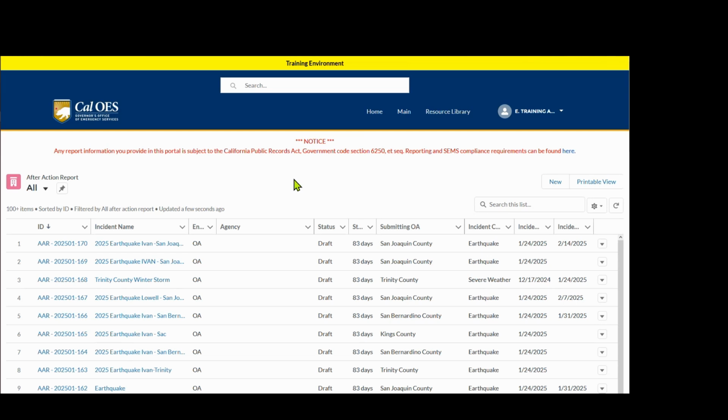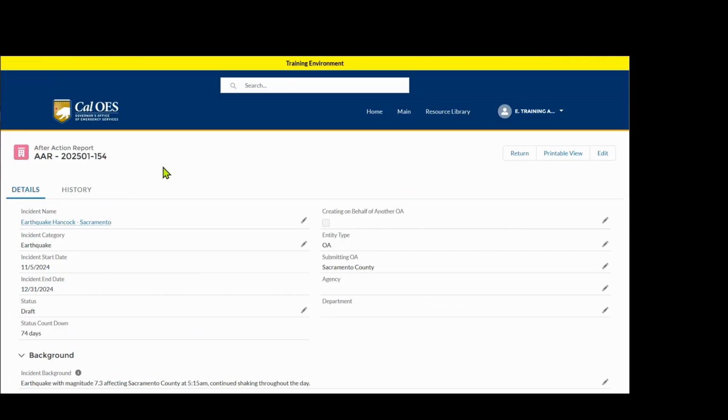Let's take a look at one as an example. A quick review, wayfinding is on the left so you can tell where you are. Here we're in After Action Reports and we're looking specifically at this After Action Report. On the right is the action buttons. You can return to where you were last or get a printable view of this After Action Report. The printable view will also be print ready, and then an edit button in case you need to update any